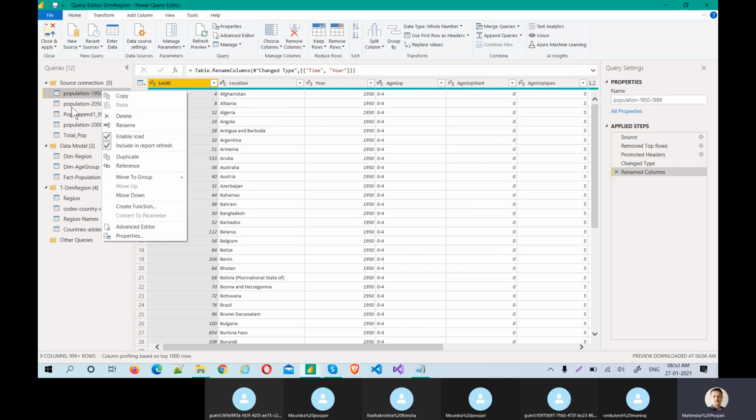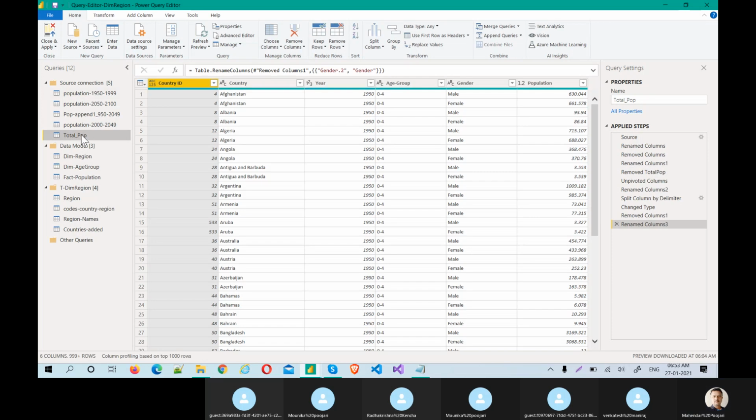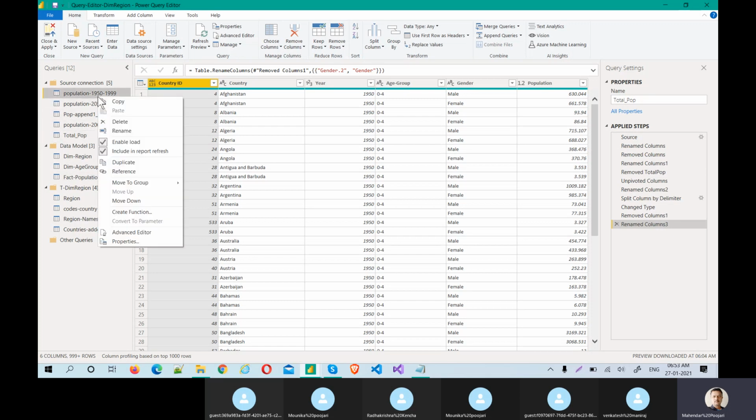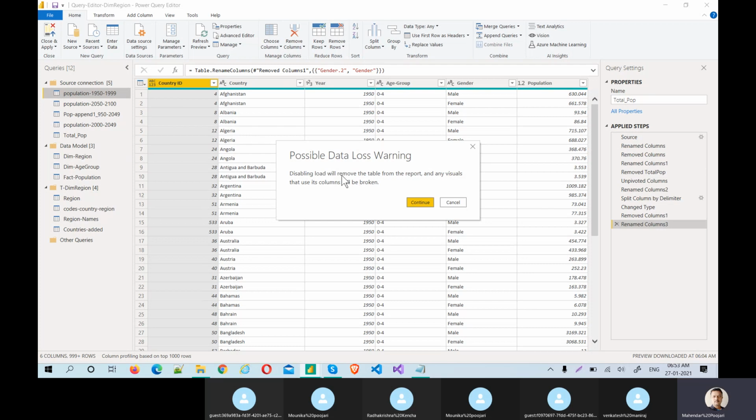If I uncheck this, it won't load, because I really don't require all these files to be loaded, since all are available here itself. All these three files, even the append file, is a duplicate step. I don't want this. All these four tables are available in this total pop. Even total pop is not required, because we have created a reference and the other three files. So all of them you can disable Enable Load. Yeah, it's saying disabling load will remove the tables from the report.